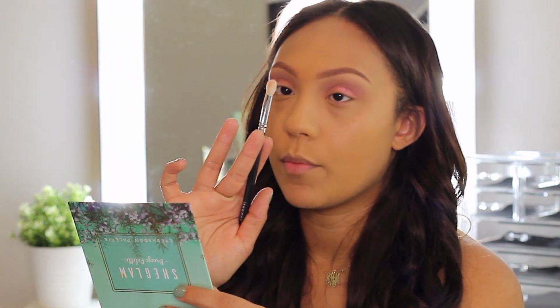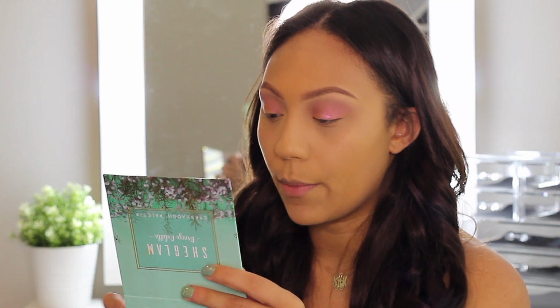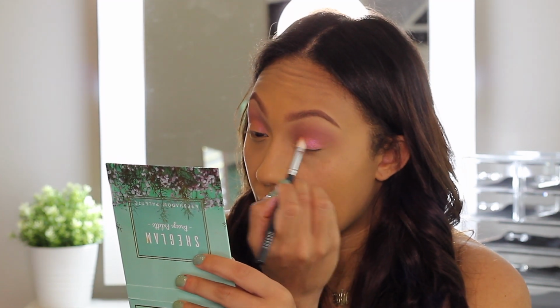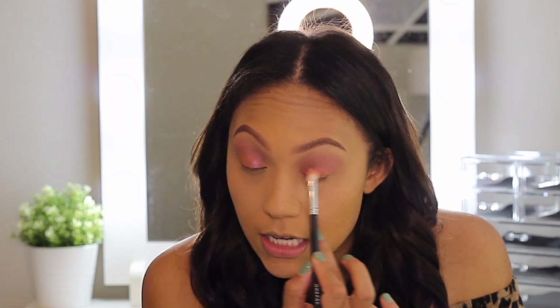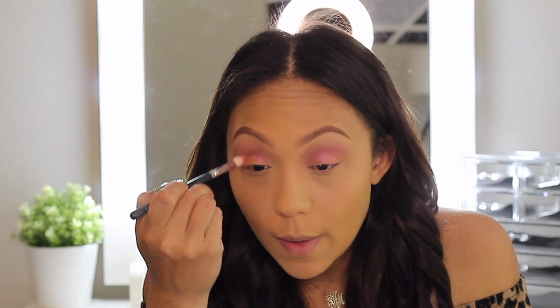So I'm going to go in with a different brush, the initial brush that I was using, this Morphe brush, and I'm going to go ahead dry again and see if I can actually fix that. Guys, this is not working. I feel like on the camera you can't really tell, but looking at my eyes right now, it is so splotchy and not even,